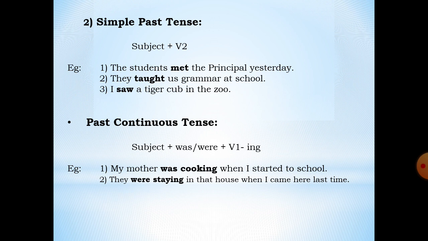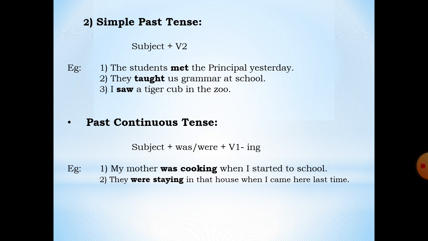Like present tense, for present tense V1 is there, for past tense V2 is there, and for past participle V3 is there. Okay, so this is the short form of past tense, V2. Means when the verb is there in past tense, V2 is used as a short form.